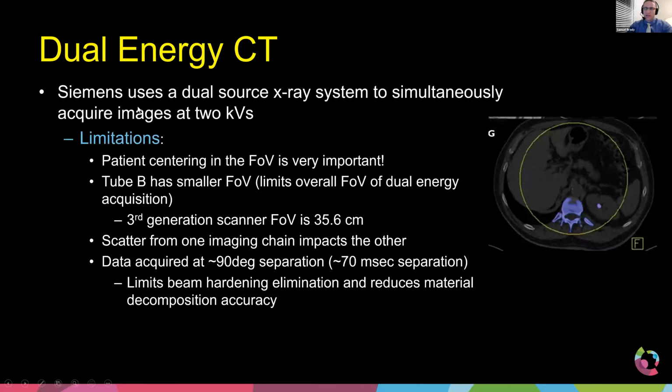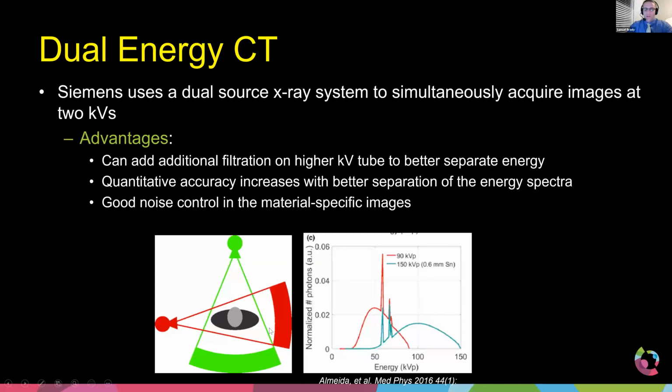So what are the limitations to a 2 X-ray tube or a dual source CT scanner? Well, the very first limitation is because there is finite space inside the gantry. You can kind of see here, one X-ray tube has a wider detector ring than the other one. And so tube A, for example, can image more of a patient than tube B. And so when you